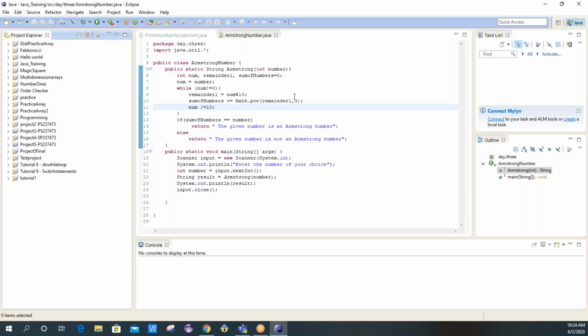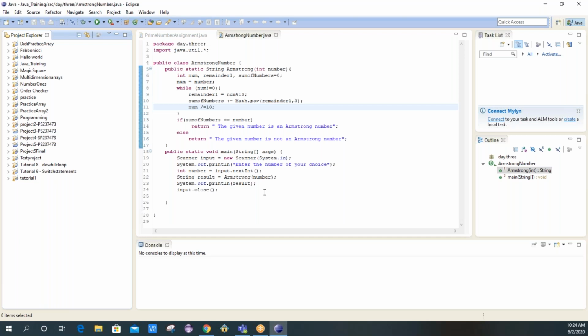So this is the program for the Armstrong number. First of all, this is the main method. I have asked the user to enter a number of their choice, and have taken the sum of numbers equal to 0.